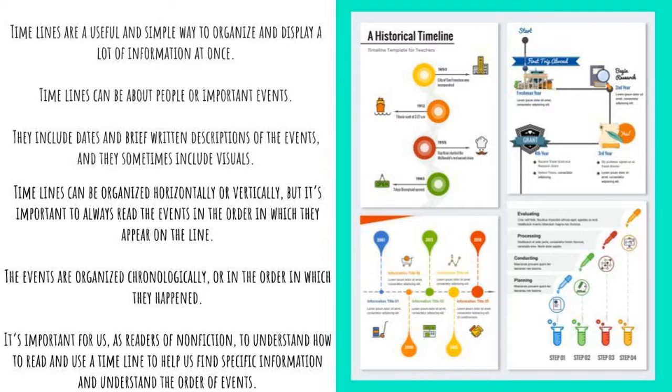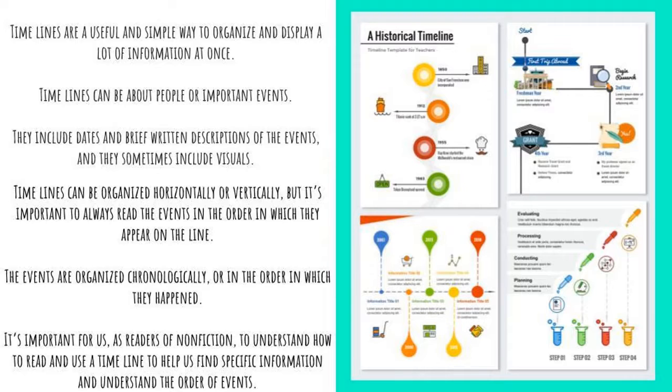If you look on the right here, you can see the different formats, or ways in which timelines can be displayed. Timelines can be about people or important events. They include dates and brief written descriptions of the event, and they sometimes include visuals. A brief description is basically a sentence so that we can understand a small glimpse. It's almost like a little bit of a summary where we get to understand a small piece of that person